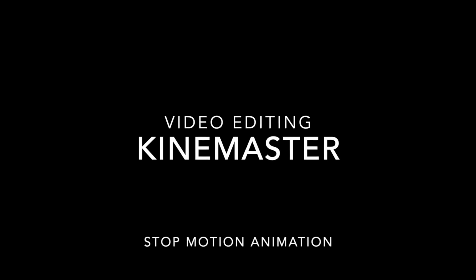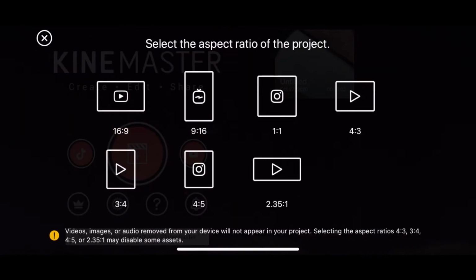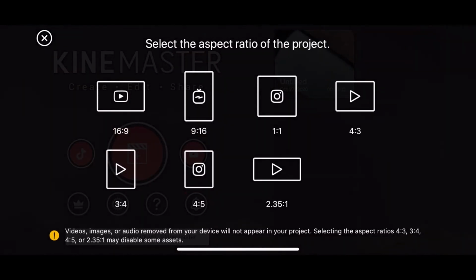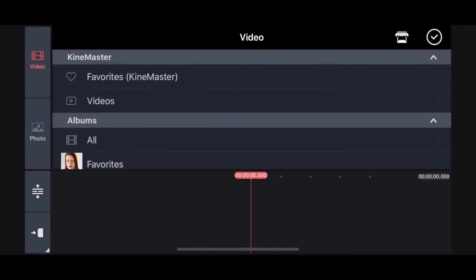Welcome to the Kinemaster video editing demo for your stop motion animation. First thing you want to do is open Kinemaster, and then I would go with a 16:9 ratio. Go ahead and open up a new project, and then when you want to import, you're going to hit Media,